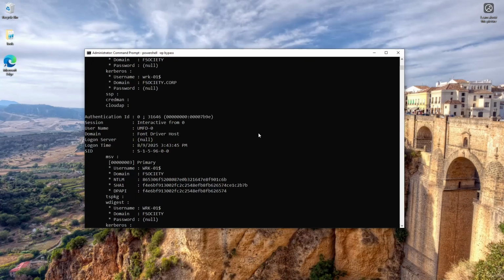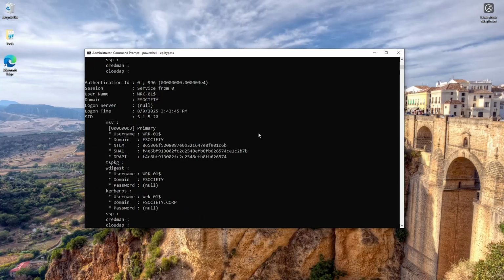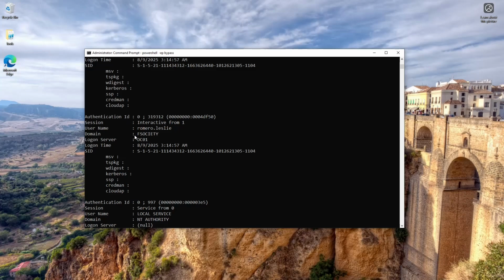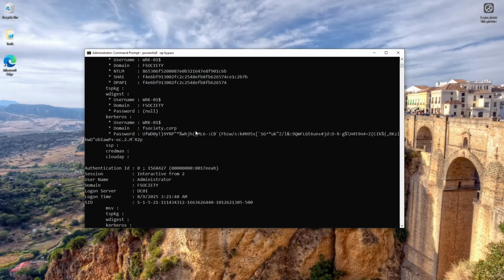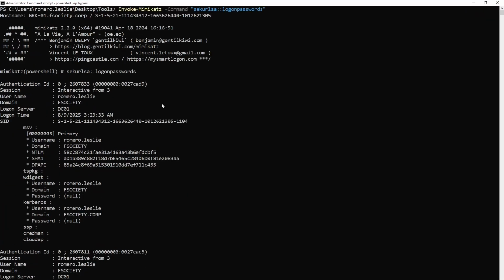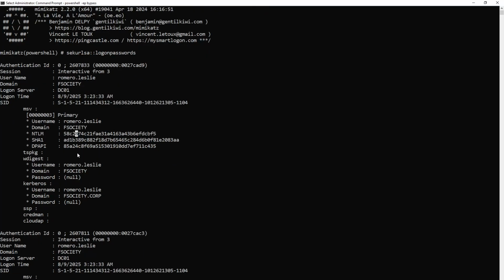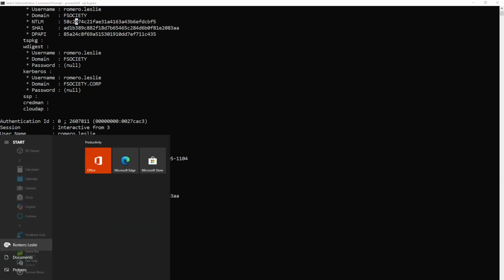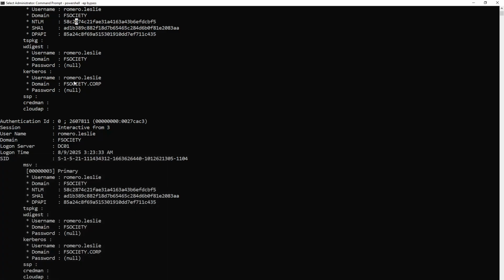we'll still see only the hashed version of the credential for the Romero user account, not the admin account, as you see. I'll just zoom in a bit. As you see, we have Leslie's NTLM hash, but not the domain admin NTLM hash. If the session would still be running, for example, if I would have only switched the user, not signed out, then we would be able to see the NTLM hash for the domain admin account as well. But